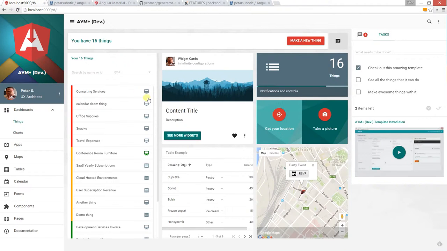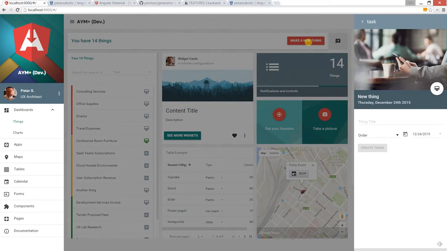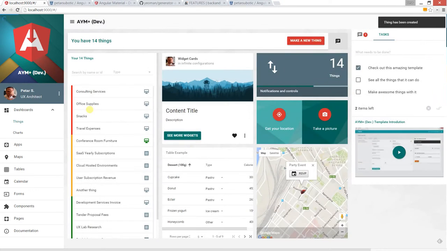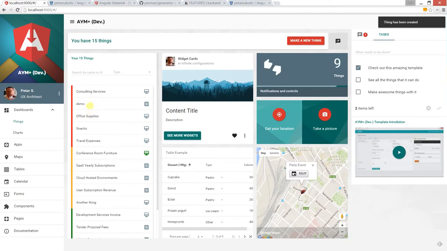That's the first thing. Second thing is I want to give you an overview of what things are. Things are meant to represent any unit in your application. So if you have products, users, reports, whatever you are managing with your application, it's a thing. So I'm just going to create a demo thing, and I'm going to give it a type of, let's say, receipt, and I'm going to set its date to, let's say, 13th of December, so it's in the past. So when I create it, that actually posts to the database, and it fetches the data back and populates it